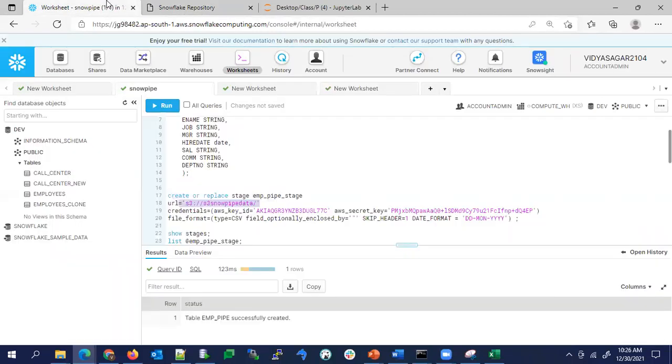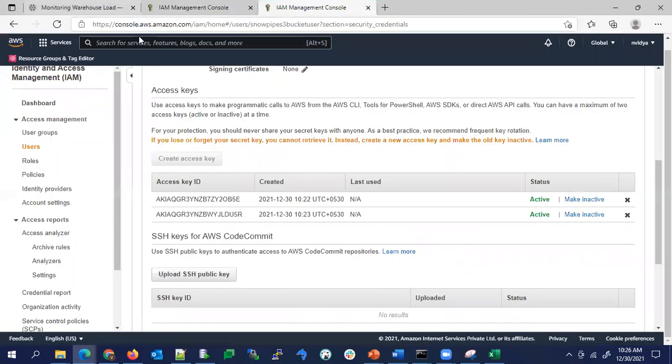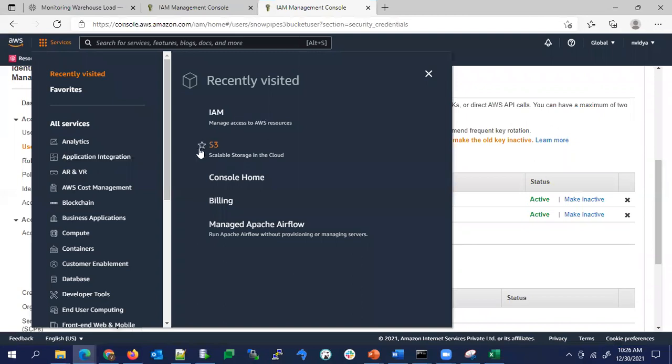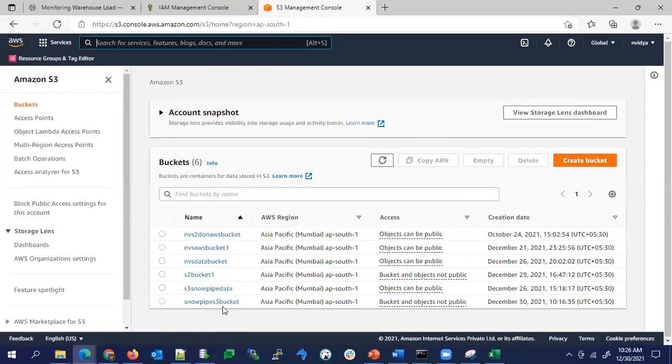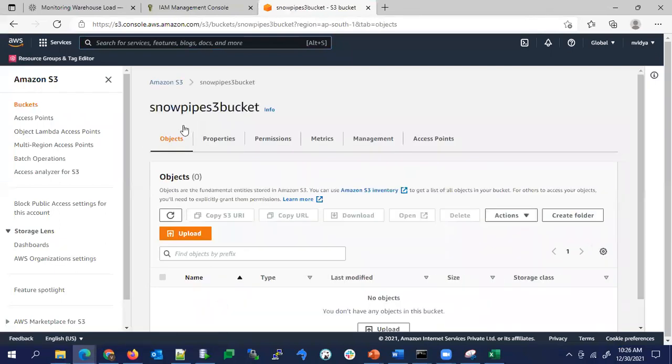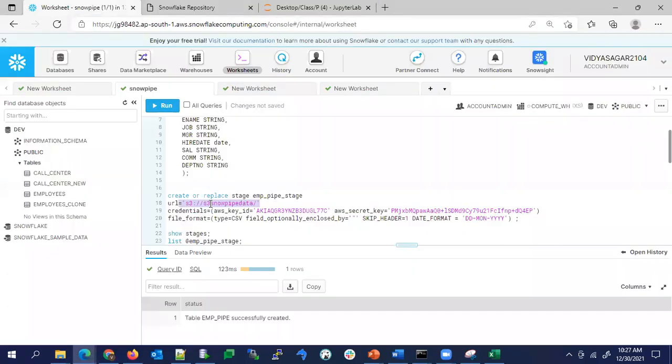For that, I have to go to my S3 bucket and select the particular bucket where your data is available. My data is available in this bucket. Then I have to give that bucket name here. So S3 colon slash slash is common, and you give the bucket name, Snowpipe S3 bucket. After that, here we have to